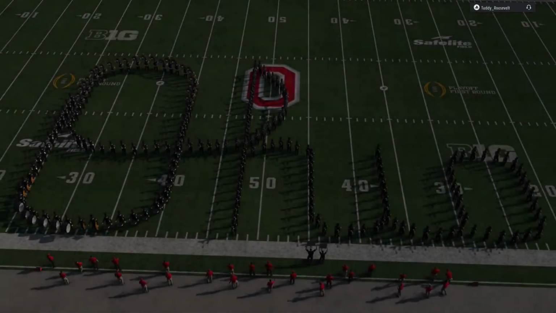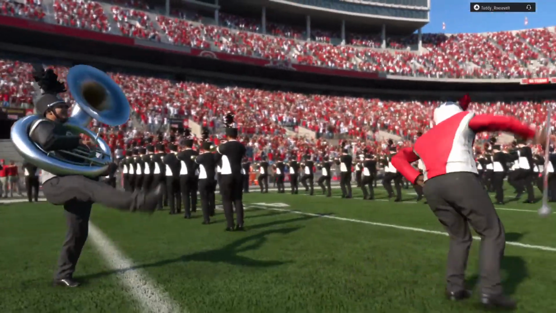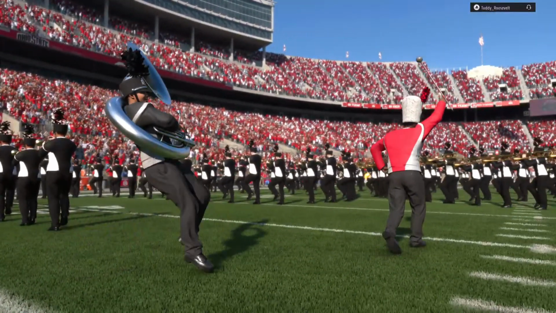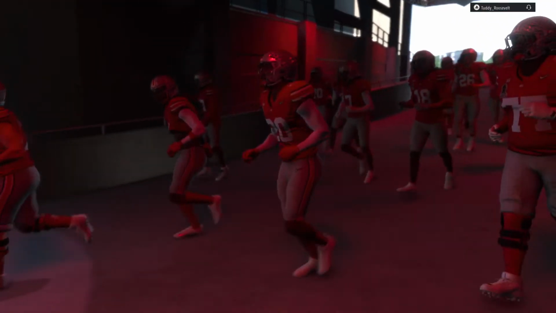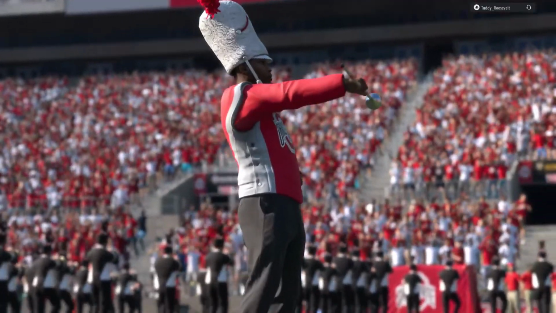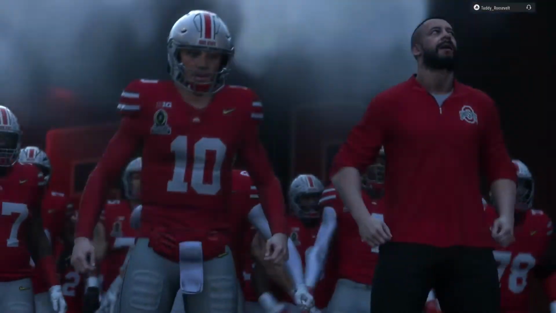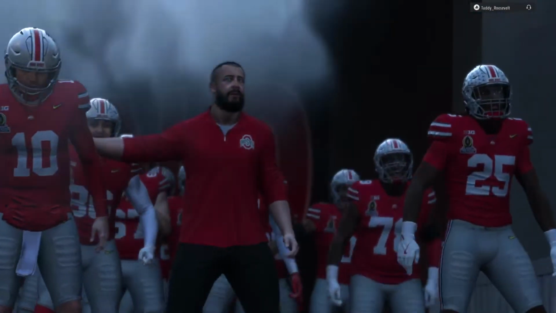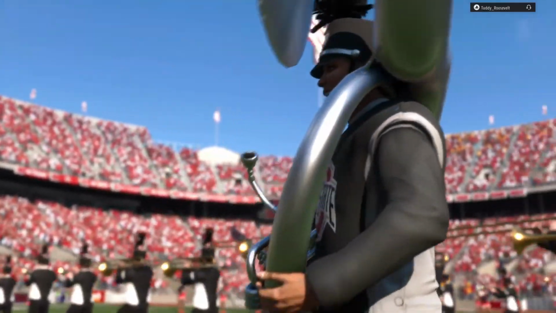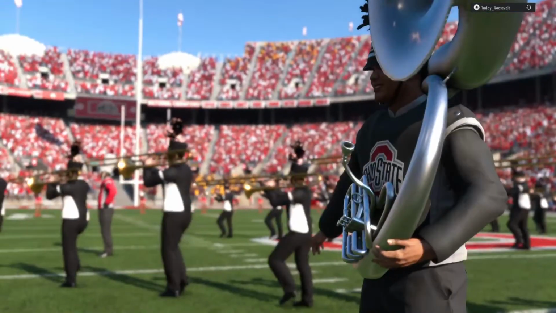The time has arrived. The college football playoff set to get underway as 12 teams begin that long battle on the road to the national championship. Welcome to the old horseshoe on the banks of the Olentangy, the home of the Ohio State Buckeyes. As we'll see, the number 11 seed in this playoff, the Arizona State Sun Devils, taking on last season's national champions, the Ohio State Buckeyes.